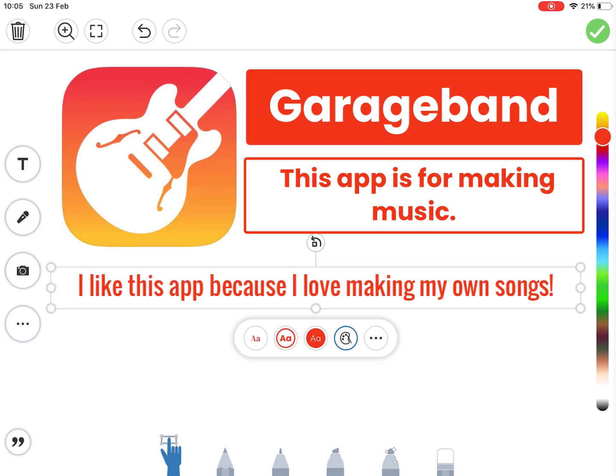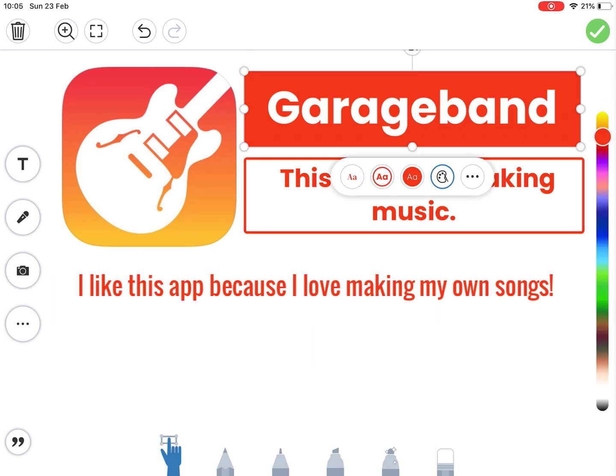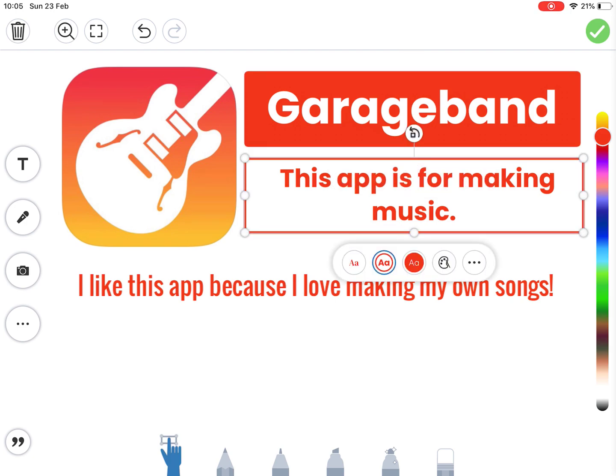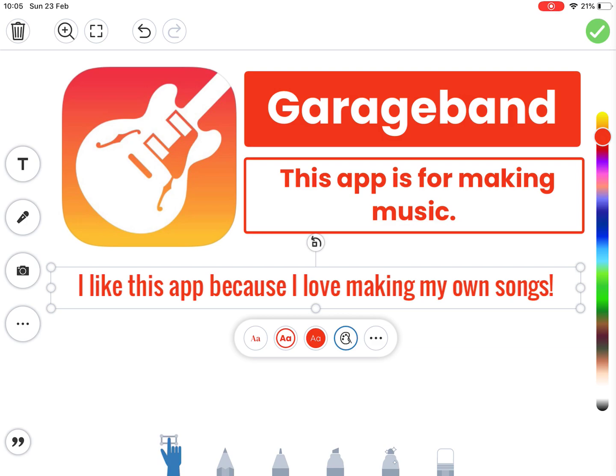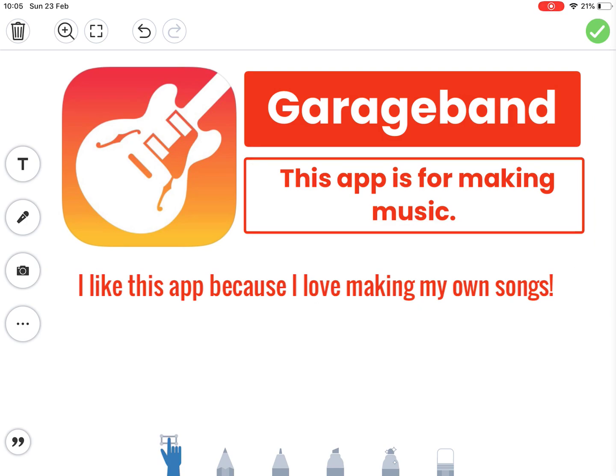So I've now got four things: app icon, title, description, and the reason I like it. And essentially that's it. Pupils could add their name if they wanted. They could also add